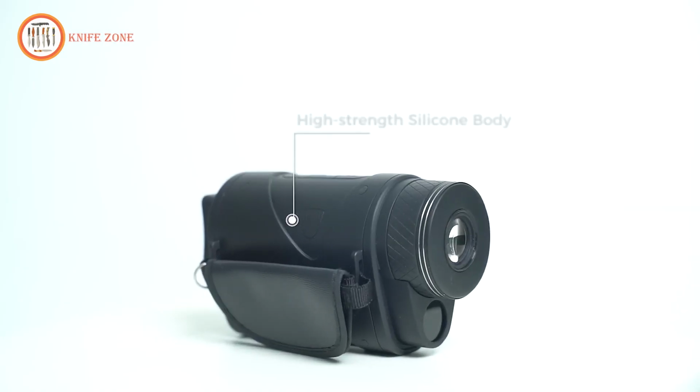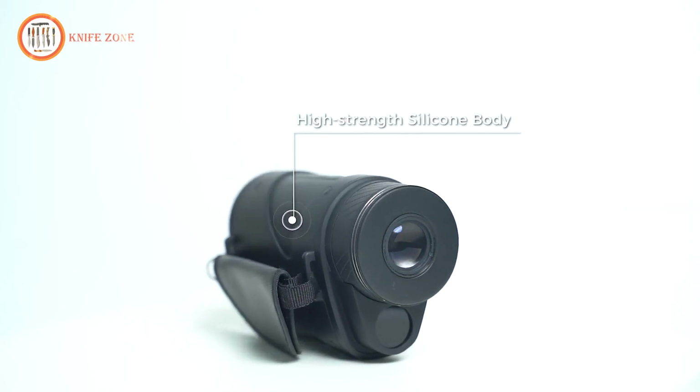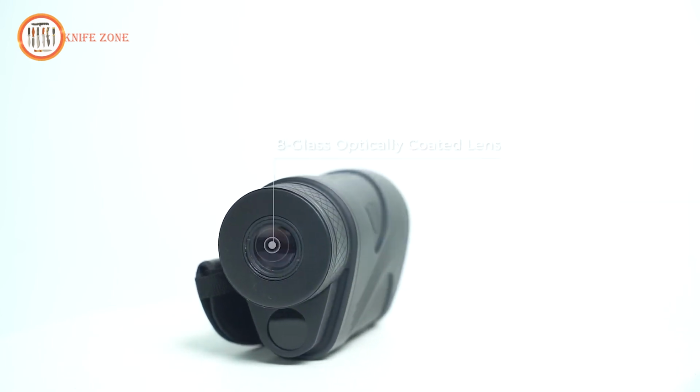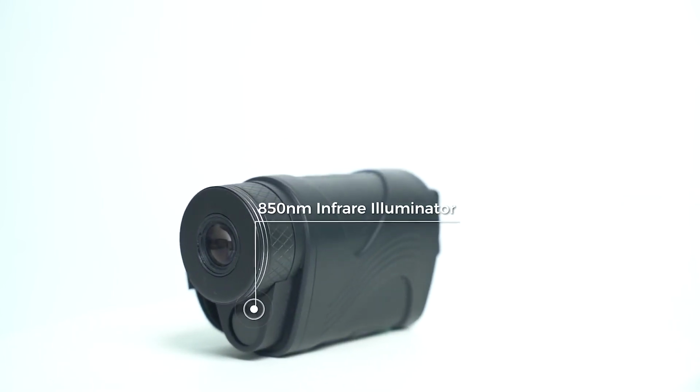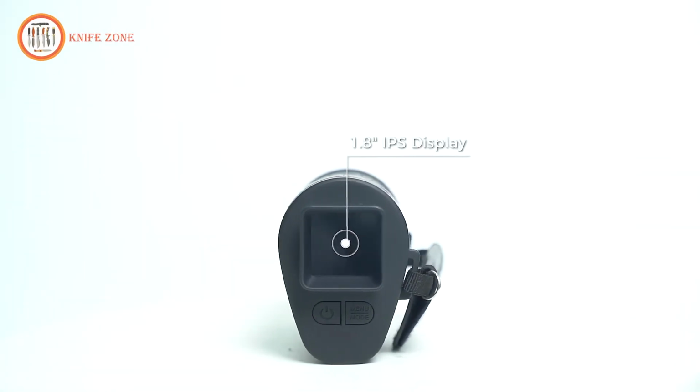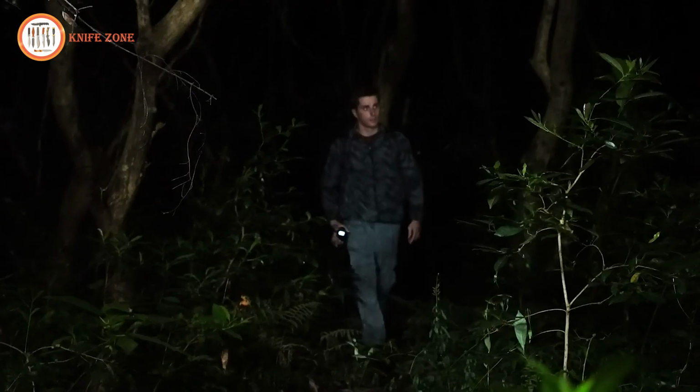needs. Constructed with a high-strength silicone body and equipped with an 850 nanometer infrared illuminator, this monocular is durable and reliable. The 1.8-inch IPS display and 8-glass optically coated lens deliver crystal clear visuals, all powered by a 6-hour battery life